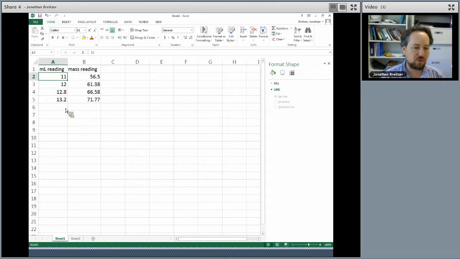So to force it to put the zeros in, we'll highlight these cells, go over here to where it says increase decimal, and then go to where it says decrease decimal to bring it down to 1 decimal place. That's for the milliliters. For the grams, we need 2 decimal places, so we highlight these cells here, bring it up here to increase the decimal places, and if it's too many, we'll decrease it, but here it's just right.